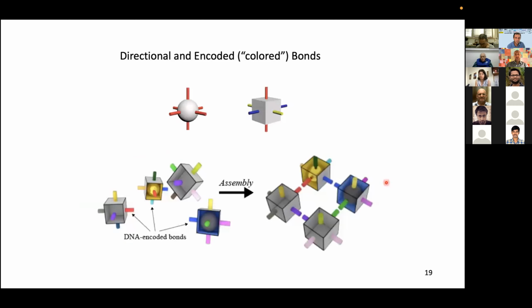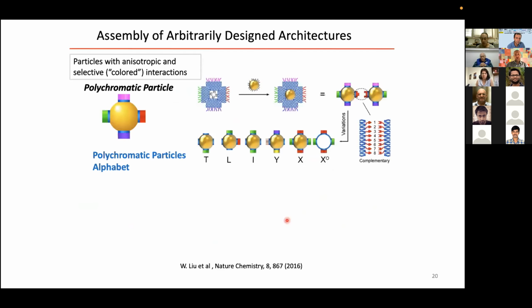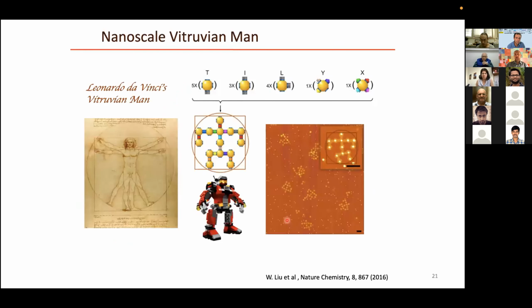So the last point, where I'm going to finish, is asking this question: what I showed you is a complicated object which has valence-type interactions, and now we can also utilize all these bonds to deliberately build more complex structures. I'm finishing already. I'm just going to show, for example, that this type of approach, where we have particles with different valences and different color interactions, leads to formation of arbitrarily complex objects, as shown here,